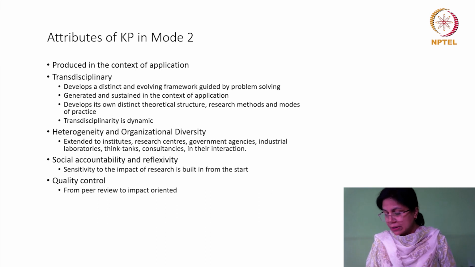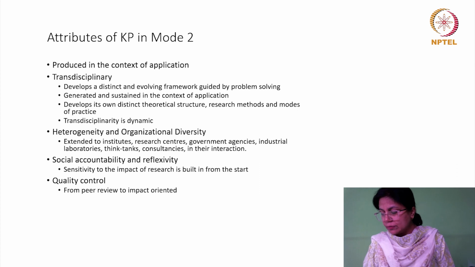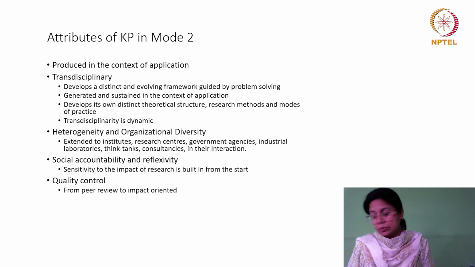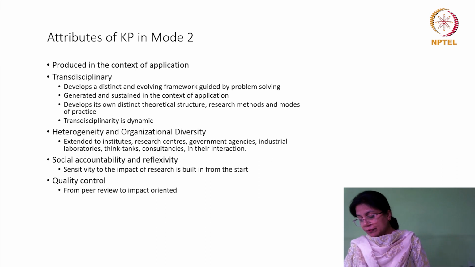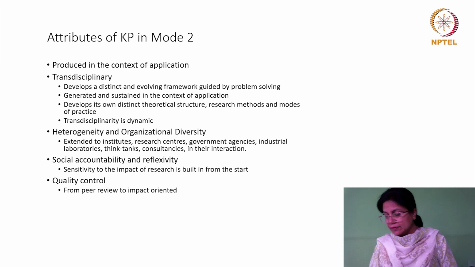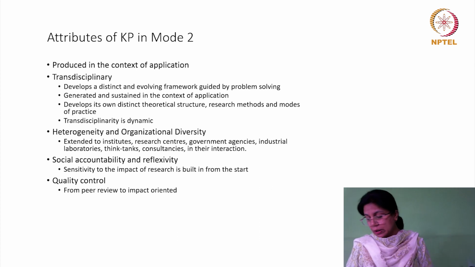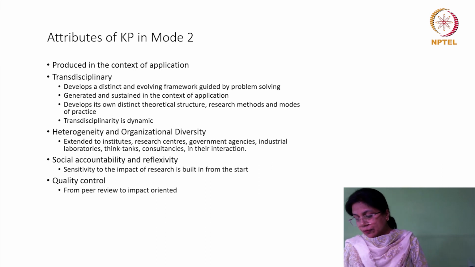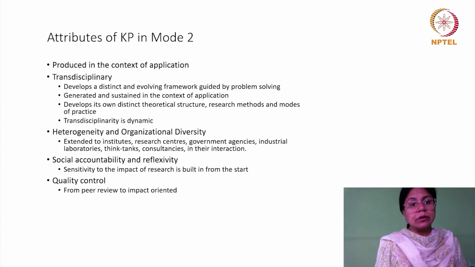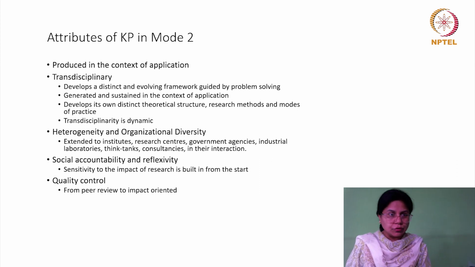So this implies that good science is much more difficult to determine, because it is no longer simply limited to the judgment of disciplinary peers, with the fear that the control will be weaker and it might result in lower quality work. So now there is a much more diverse range of intellectual interests, and social, economic and political concerns also become an important part of the quality control.